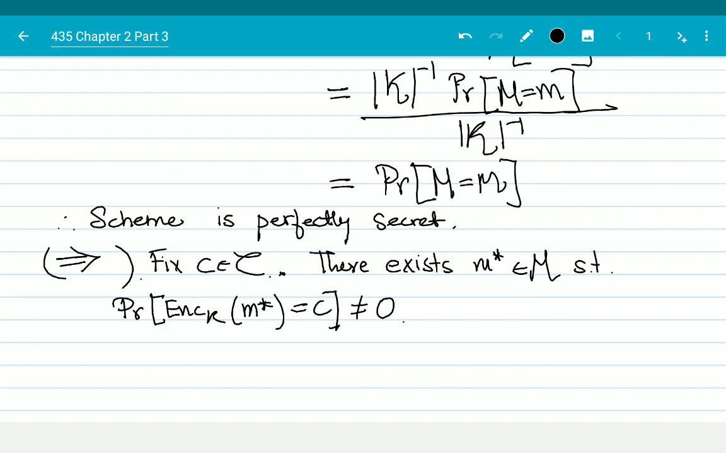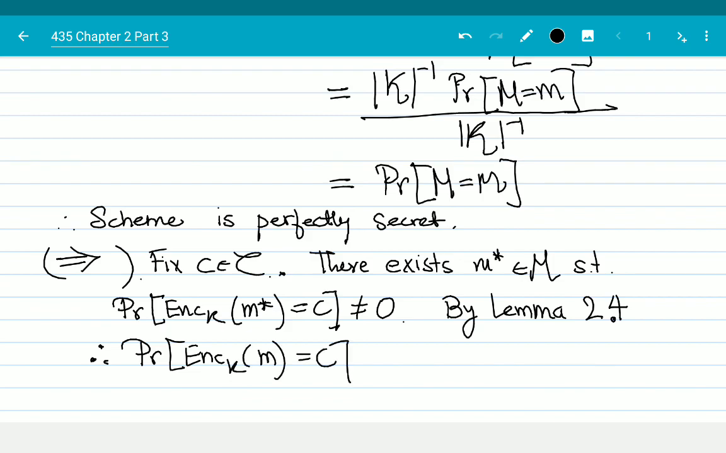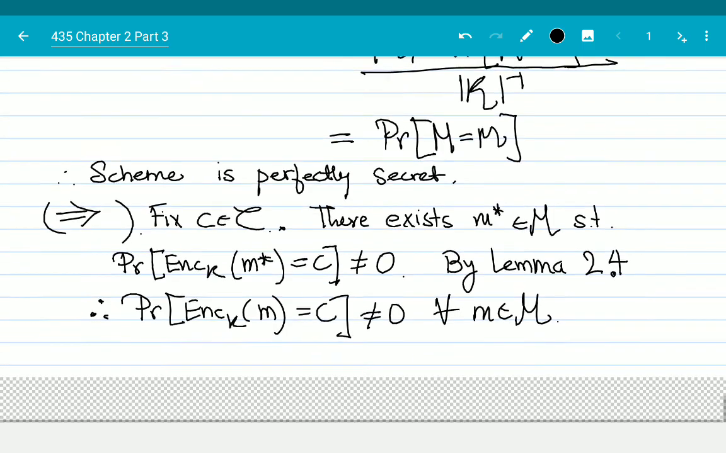Okay, then by lemma 2.4, we get that the probability that Enc_K of m is equal to c is not equal to 0 for every m in M, since lemma 2.4 says they have to be all equal. Okay, therefore